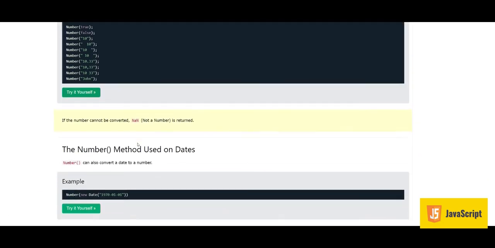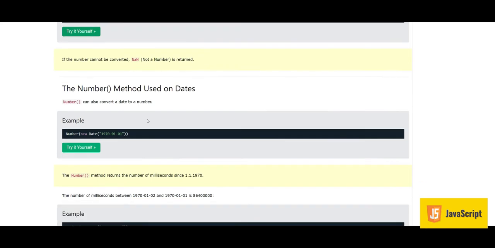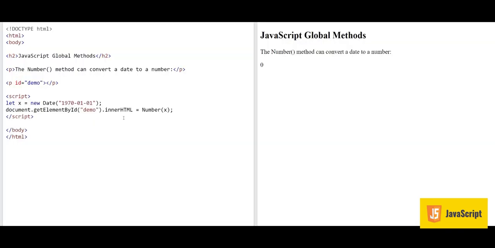So let's move forward. The Number method used on dates. We can even use the Number method on dates. So what will happen? The Number method returns the number of milliseconds since 1.1.1970. So we have a date here. If we put 1.1.1970, as you know, it is the starting point for this method. So we will have 0 seconds. But if we say 1.1.1971, how many seconds in this 1 year? So the output is, as you can see,